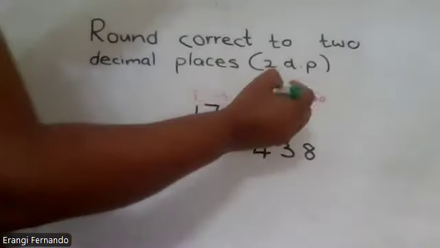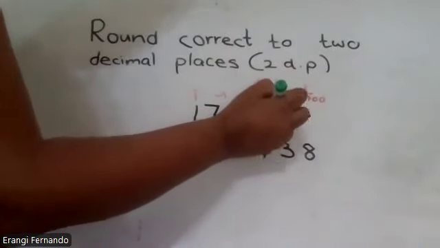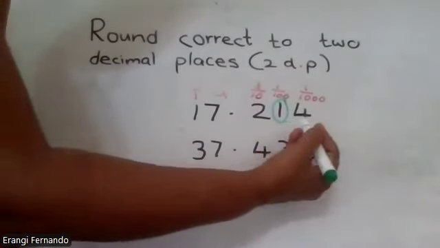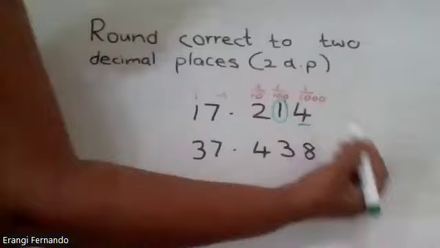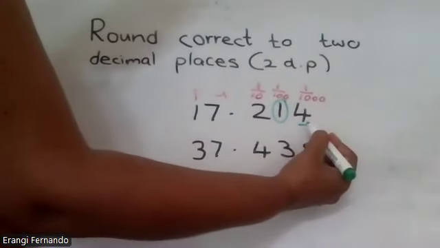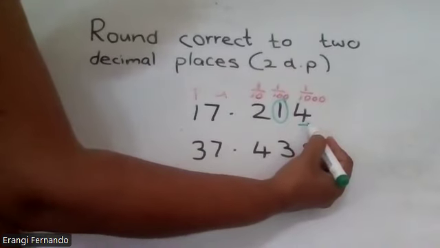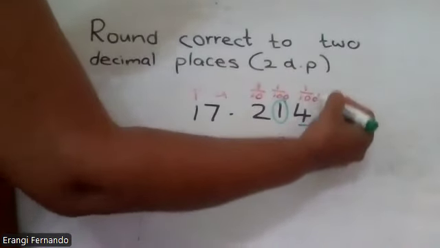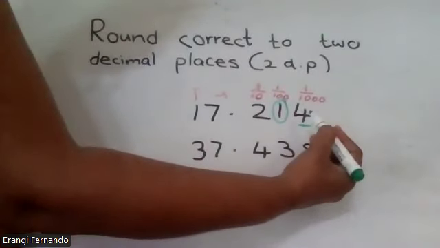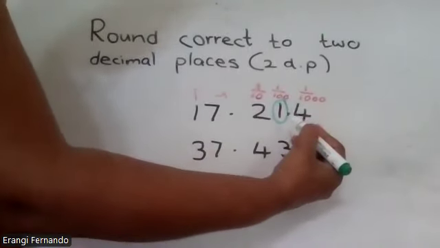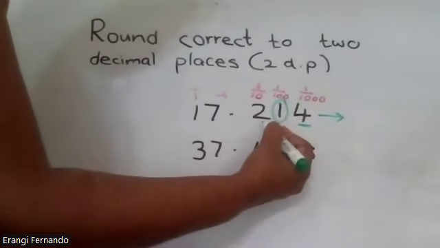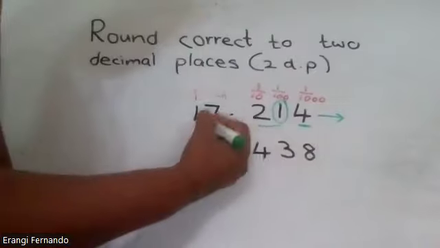So what's the second decimal here? It's 1. After the decimal, the second number is 1. So you have to consider the next-door value to round off to the second decimal place. That means you have to consider the third decimal place, that is, the thousandths value. Right, it's 4. If the number is less than 5 when you round off, we write the number as it is. That means